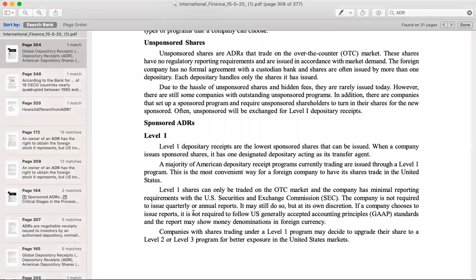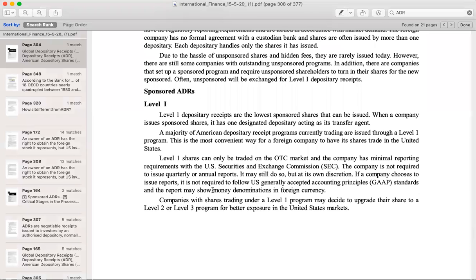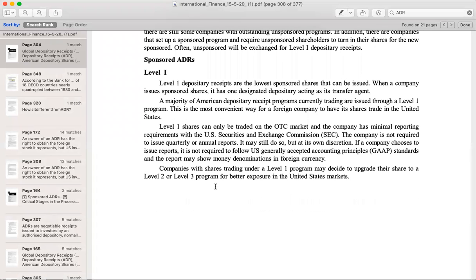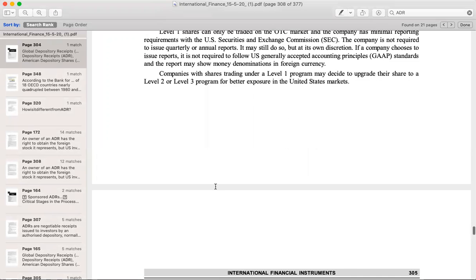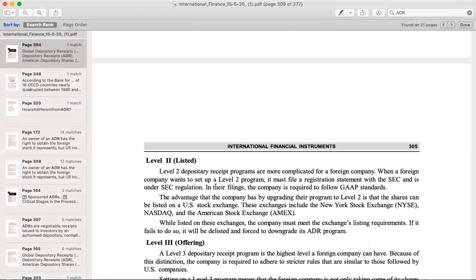Any company can upgrade its depository levels to level 2 or 3 program also. So can we see what are level 2, level 3? Level 1, I repeat, it is an over-the-counter instrument where the issuing company goes to a foreign country, raises capital by appointing a depository as its transfer agent, and it is going to be issuing depository receipts to the investors there. They do not have to follow all the disclosure rules.